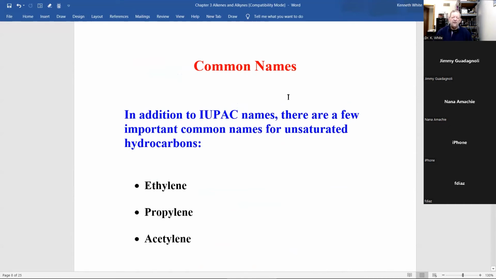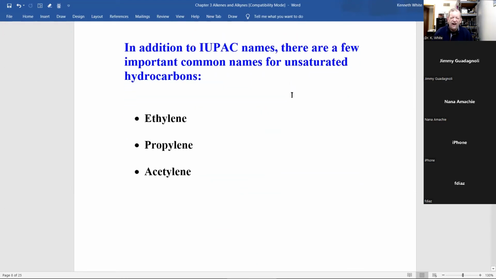In addition to IUPAC names, there are a few common names that have been around for unsaturated hydrocarbons. These existed long before IUPAC, and they still are used. Now, ethylene, and this you don't have to know, this is the structure of ethylene, and it's used to make what's called polyethylene. I'll teach you later. You know that as saran wrap. And polypropylene or propylene